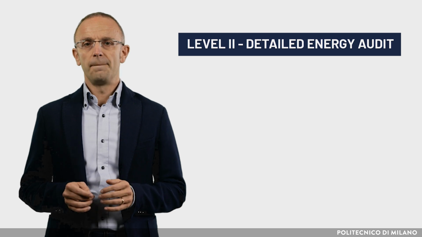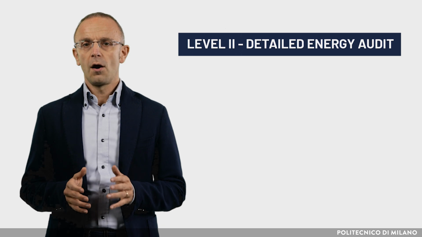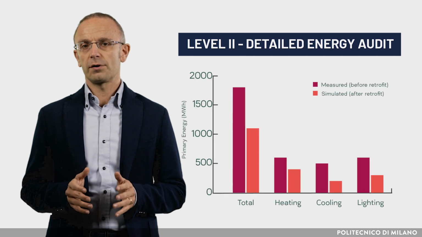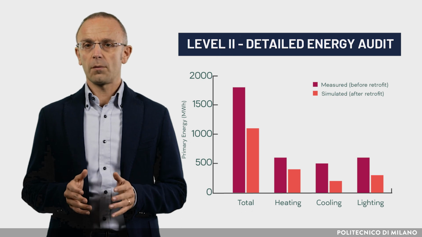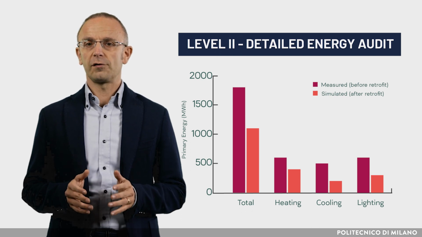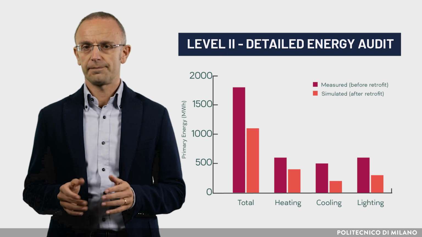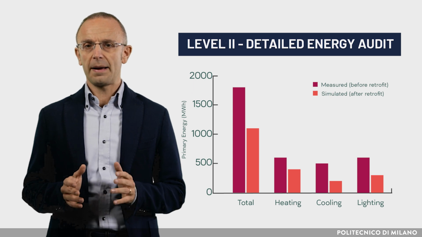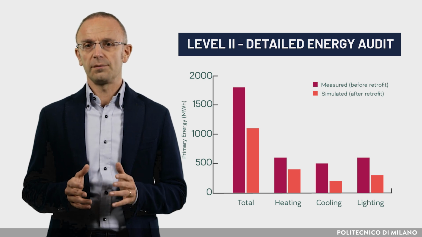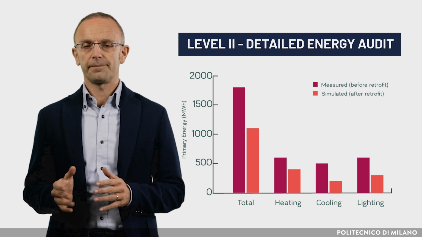Level 2, detailed energy audit. Based on the results of Level 1, this type of energy audit consists of the energy use survey in order to provide a comprehensive view of the building with a breakdown of the energy use and a first quantitative evaluation of the possible energy conservation measures. This level of analysis can involve advanced on-site measurements and computer-based simulations to exactly evaluate the selected energy retrofits.